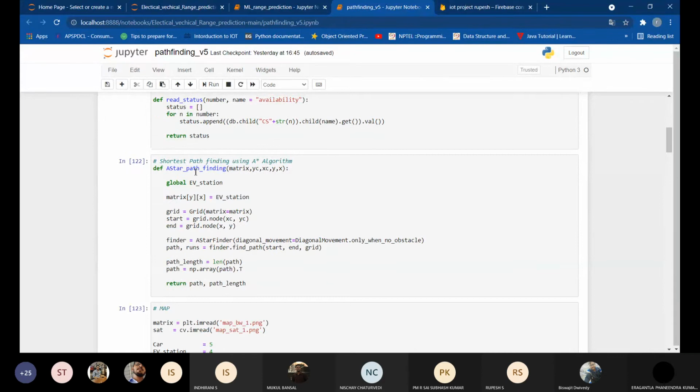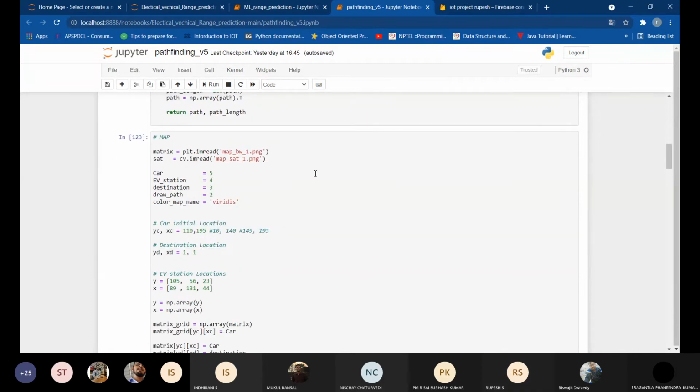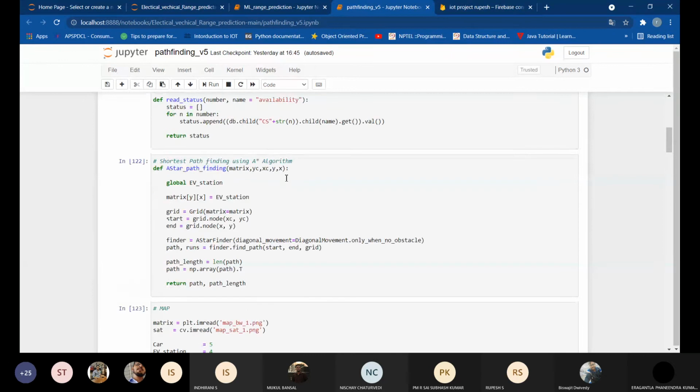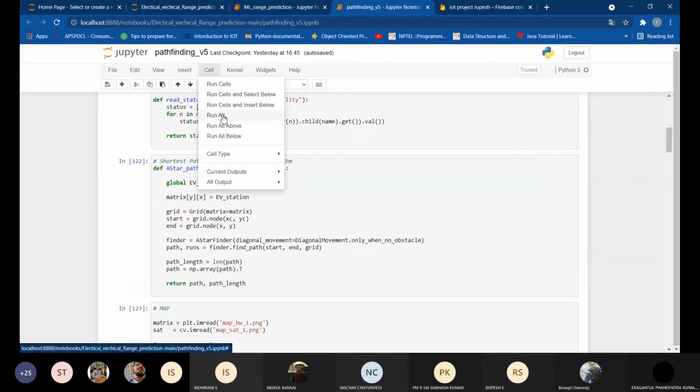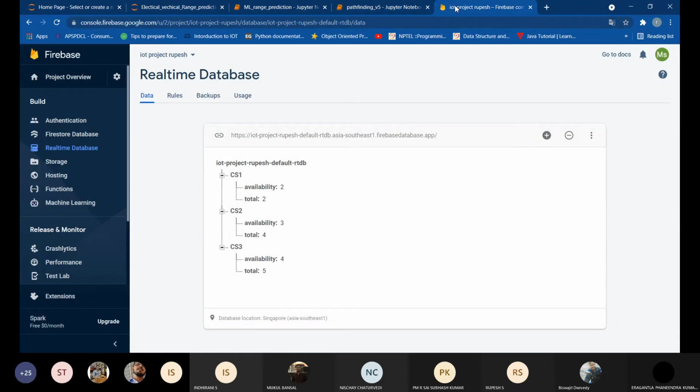And this is the algorithm which we implemented to find the shortest path between the source and the destination for a car to reach it efficiently according to the charging station locations. So I will simulate and show it, sir, so that you can understand what's going on. This is the part where the car starts, sir, and this is where it has to reach, the destination.